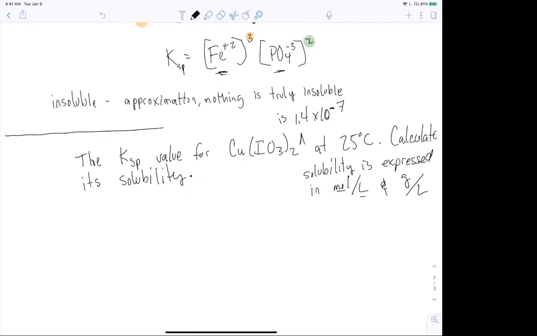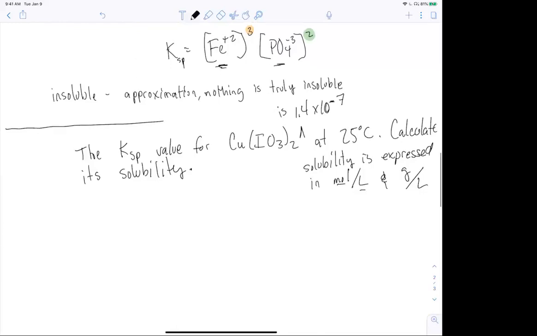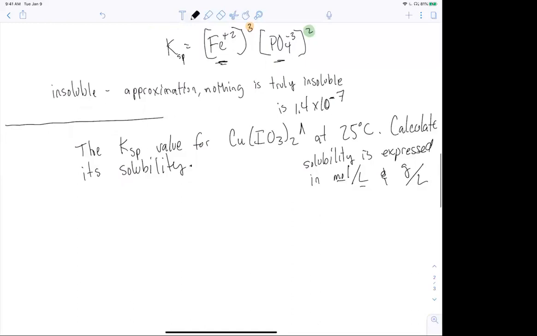That's really what it comes down to. So on the top, in the numerator, you're going to have the amount, and in the denominator, you're going to have the volume. And it's just telling you exactly how much you can get dissolved in some unit volume. So if we're trying to calculate this, we can do it in the exact same way that we've done all of our other sort of problems. Since we know the KSP,